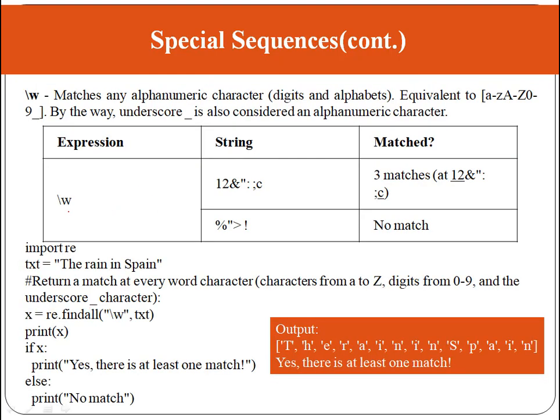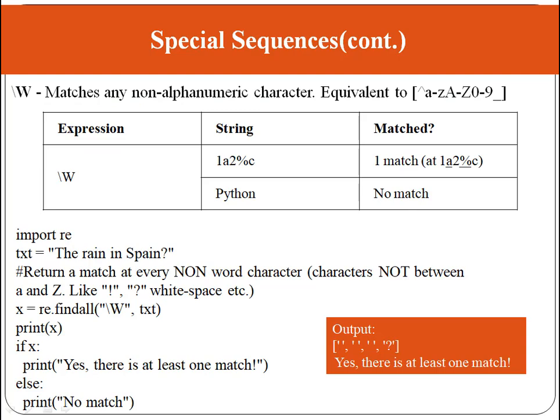Looking for alphanumeric characters, right? So here you can see alphanumeric characters are there, right? So it will be returned. And here no alphanumeric characters are there, so there is no match. And this is how you are using it in your programming. It is any non-alphanumeric character. So here you will find this a and percentage, but these are alphanumeric, so no match is there. And this is how you are using it in your programming.